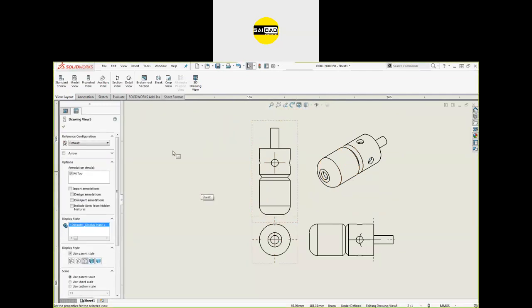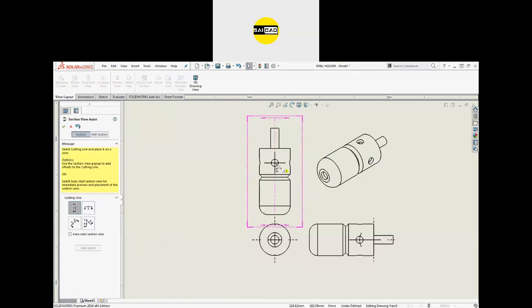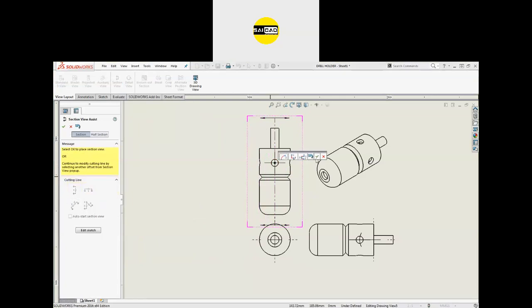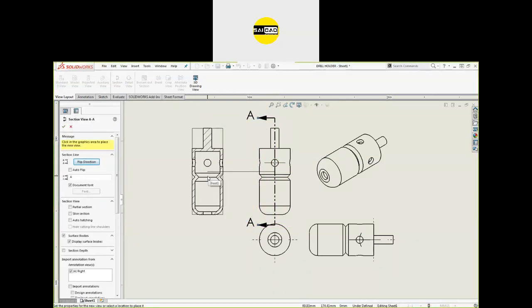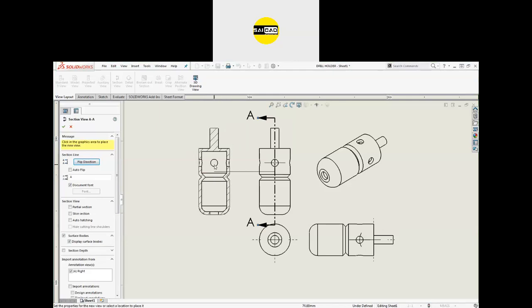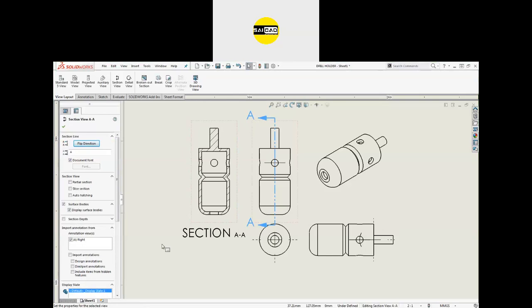To check that, we have to create the section views from here. Just click on the section view. Now select where you want to create. If you want to create a vertical one, select that, click OK, and here we have the view. Like that, this is the section from the middle.